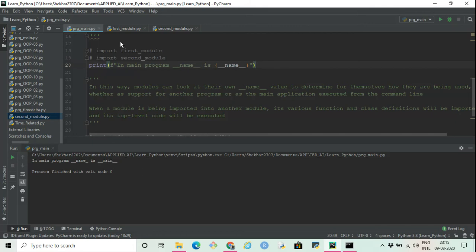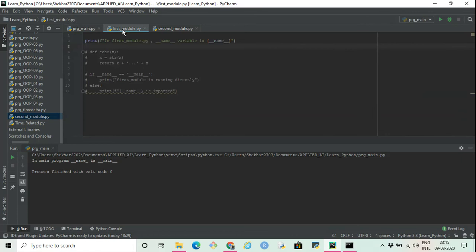Now let's say we have another code, first_module.py. Again, if I execute this, run first module, then also in this we are printing the __name__ variable, and its value is __main__, as we know, because we are directly executing this code.